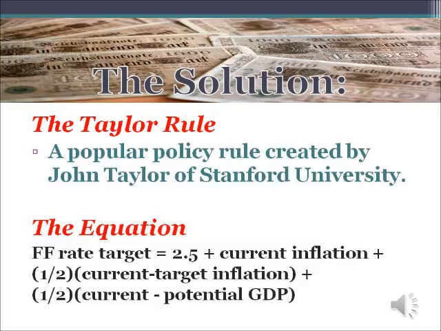What this shows is how the rule responds to economic conditions, including both prices and output. This relationship makes the federal fund rate target answerable to concerns about both price stability and the business cycle, setting and adjusting prudent rates that will stabilize the economy in the short term and still maintain long-term growth.